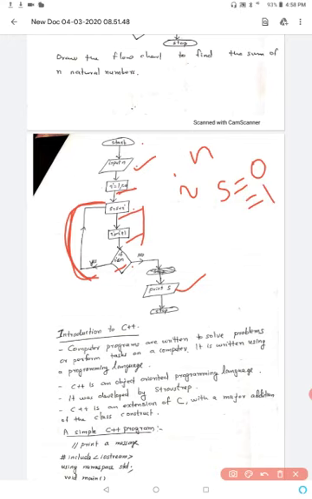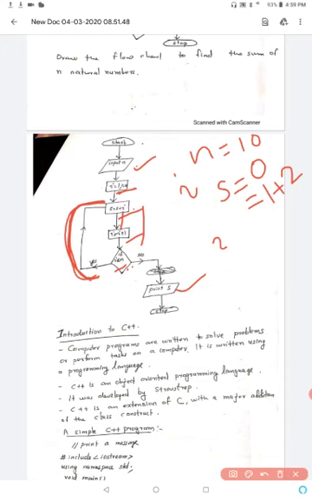Then I value we have to increment. Then I value becomes 2. If I less than or equal to n. Suppose n equal to 10, this I value is 2 now, 2 less than or equal to 10. So this condition is true, yes. Yes means we'll go back in the loop. This loop s equal to s plus I. s is 1 now, s plus I means 1 plus 2. This value becomes 3.